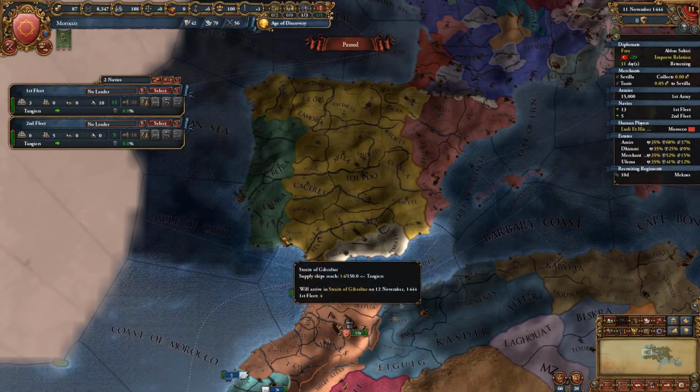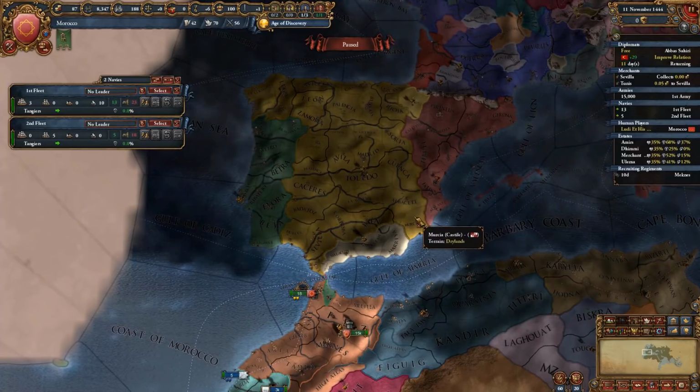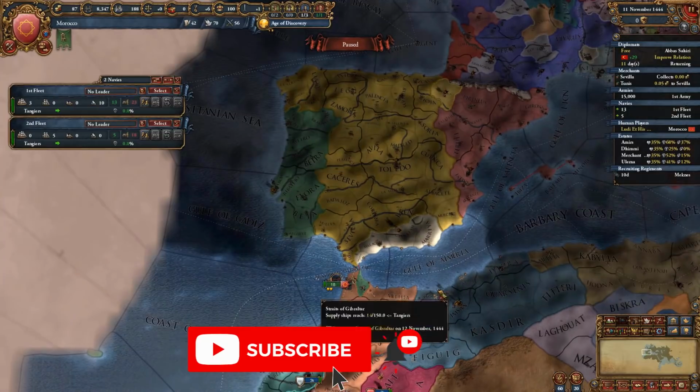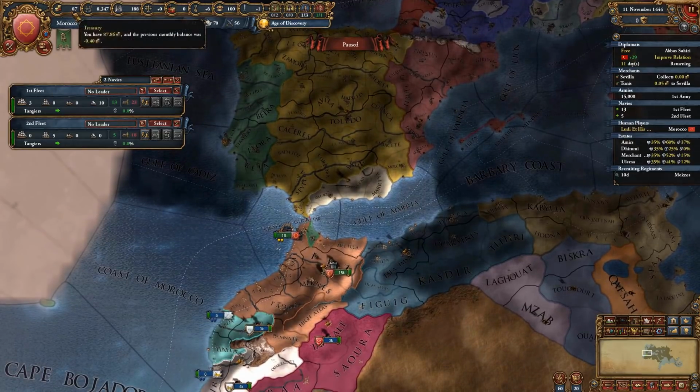Another thing we'll be doing is raiding the coastlines of Portugal, Castile, as well as Aragon, since we have the ability to raid coastlines if you have the Mare Nostrum DLC. Raiding the coastlines is going to give us around 700 sailors at the very start and 300 ducats,